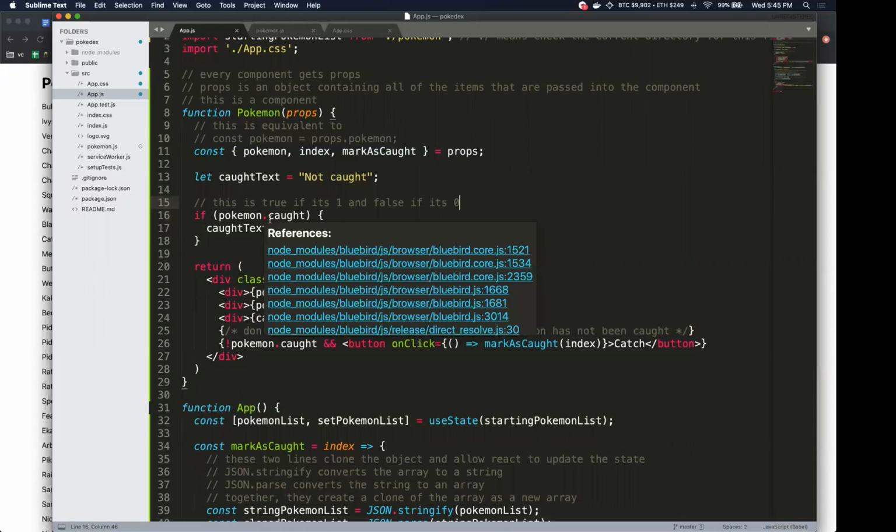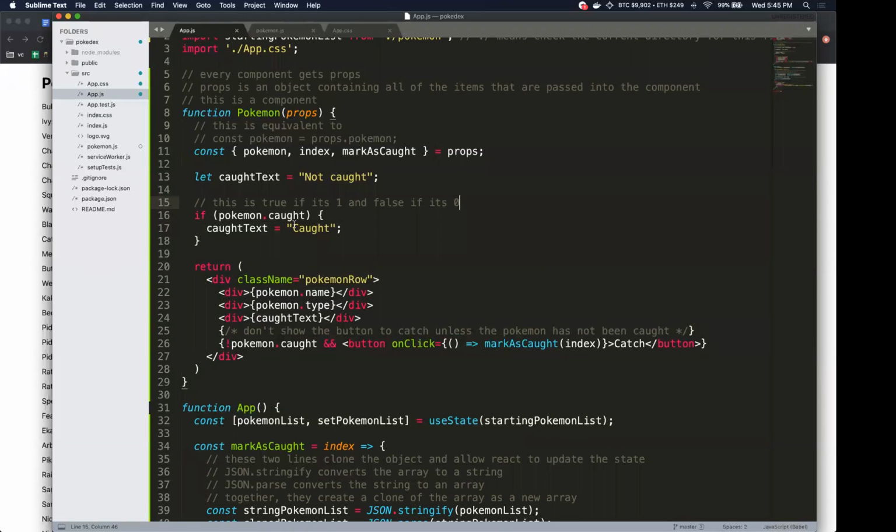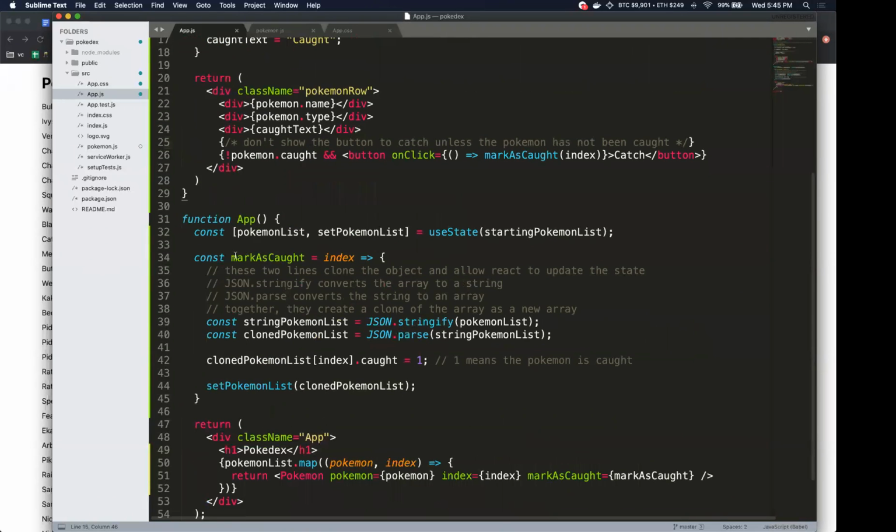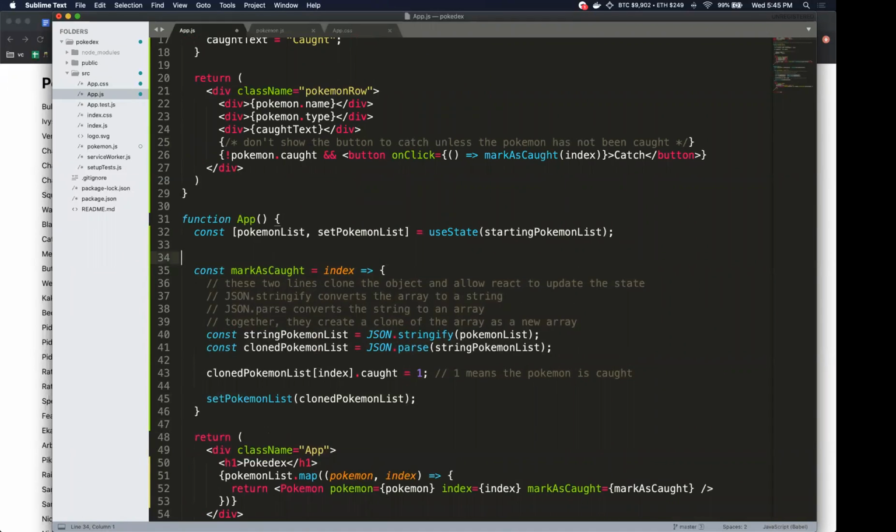Sorry, say that again. Which one are you talking about? It's right under function app and then right under the very beginning const. So it's like const markIsCaught. Yeah, that one. So here, this function